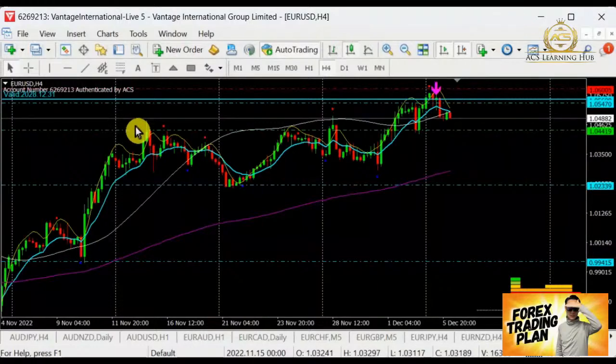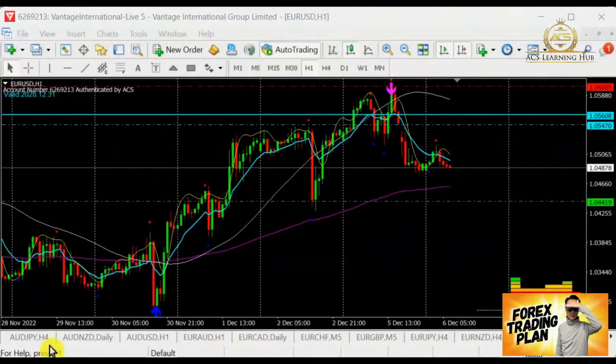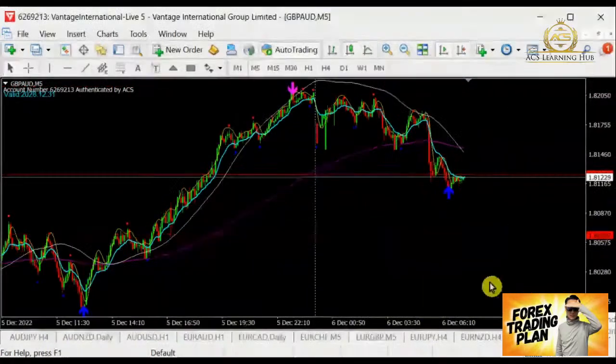So at this moment, will it actually come to a point where it will start to bring down? Then we will need to look for a new cycle of selling like this. Right, so Euro Dollar, looking at this, is actually looking good to sell. So Euro Dollar, I'm going to put this into my watch. Okay, another one. Let's go with Pound Aussie.